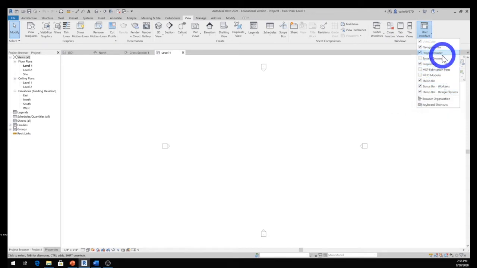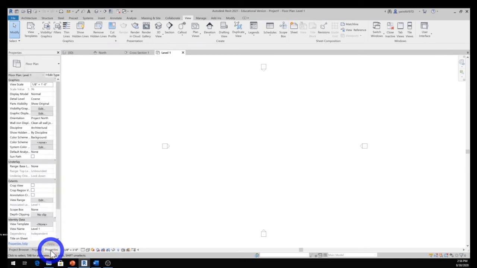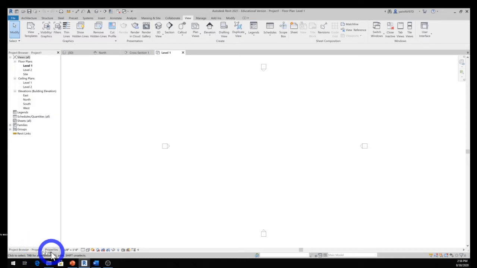You can select project browser and select the property palette, and you will have it. Sometimes, depending on your computer, you might have it just like I have it, on top of each other, so you just click the tab at the bottom, go to the property tab, or go to the project browser. And as we go along, we create and design this two-story house, we'll get more familiar